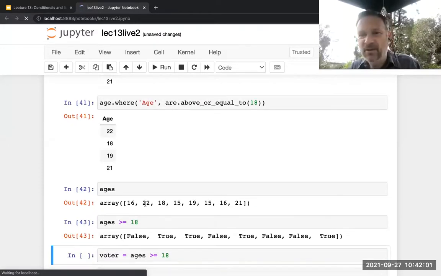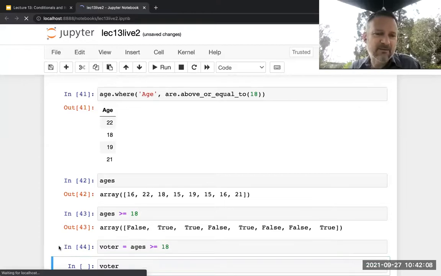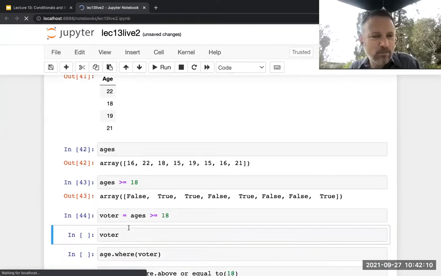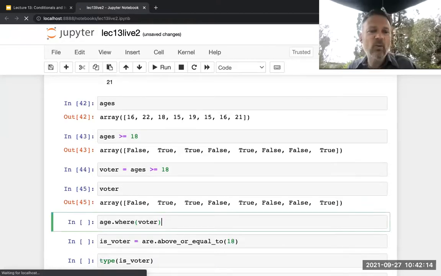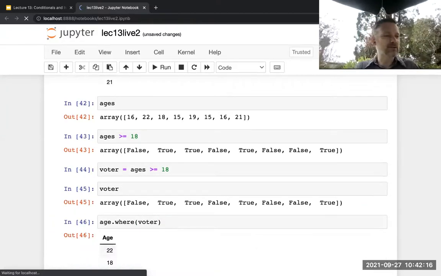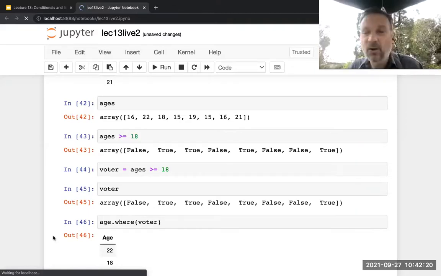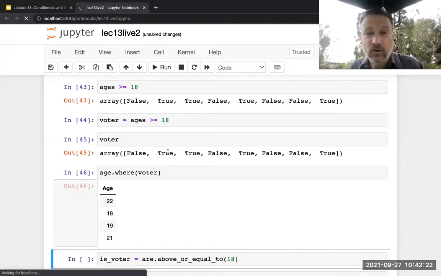Trues for the items that are larger than or equal to 18, falses for the other ones. Okay, so let's give that array a name. That's that array of trues and falses. I can now use the where operation with this array of trues and falses. And it will select out from the original table only the rows that had a true in this array, which in this case turns out to be only the rows where the age was at least 18.